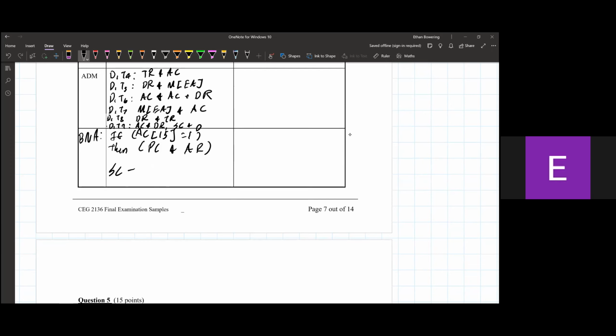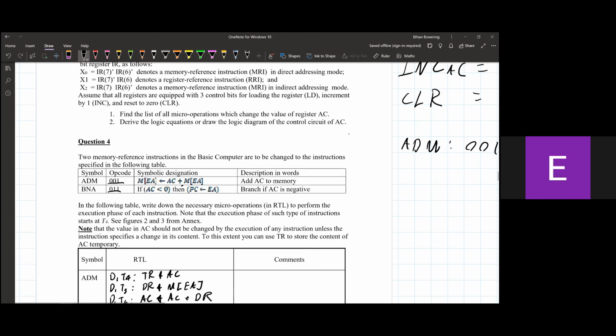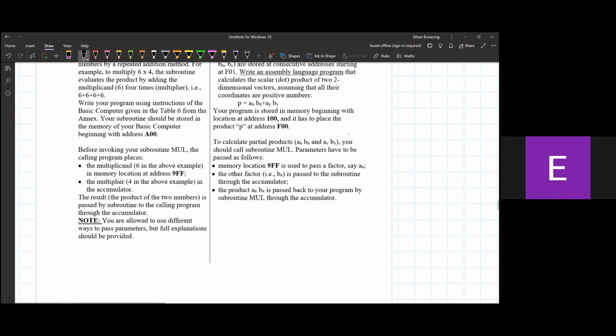And I forgot my code here. All of this happens with the control signal D in this one cycle, D3, T4. Yeah, we use a decoder. How do you determine the opcode for Ds? Well, we were given the opcode up here. And if you go back to the basic computer,